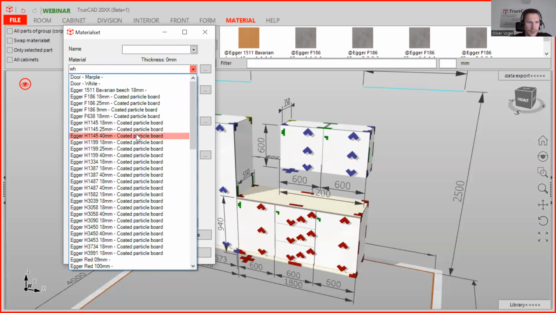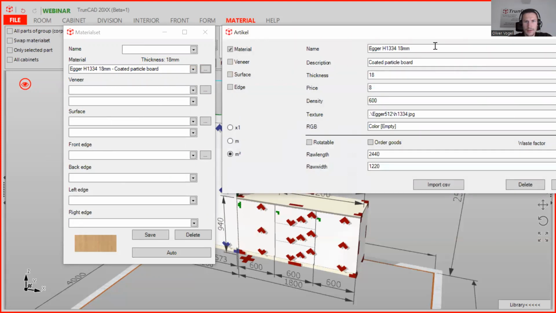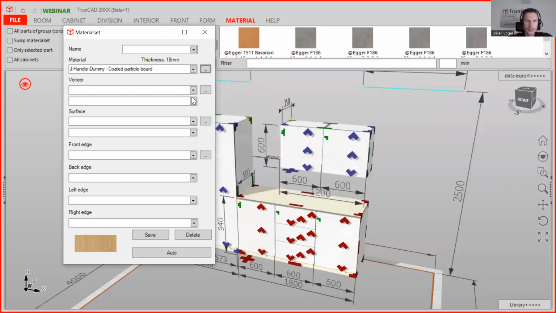So I just use this one, and here I just call it, because later on we actually won't use this material set itself, but it belongs to the panel here, belongs